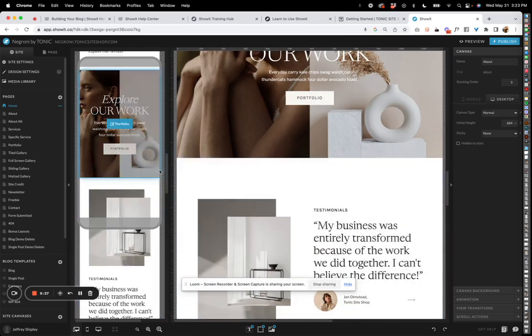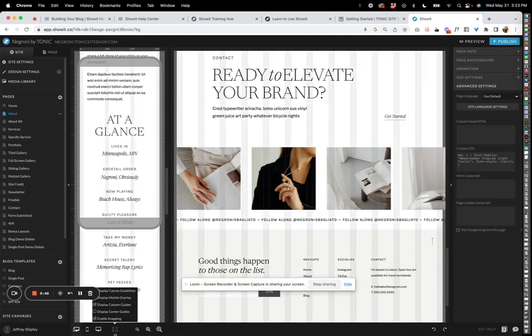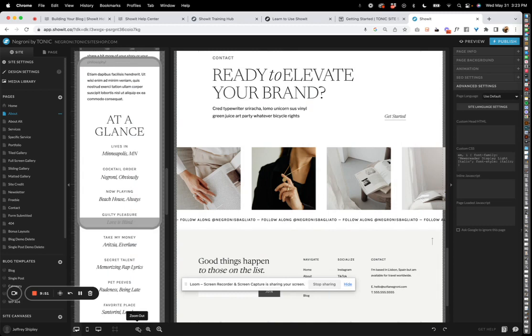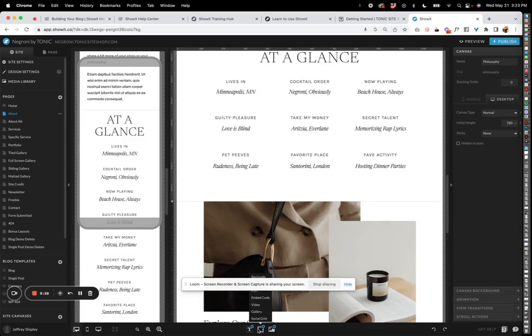Now, continuing our tour of the Show It platform. So you have all of these different pages, and then we have the canvases on each page. Right here, we have the mobile and desktop views. Then we have the guides that are very, very helpful if you want to see. We have the various zooms right here. And then both at the bottom of each page right here